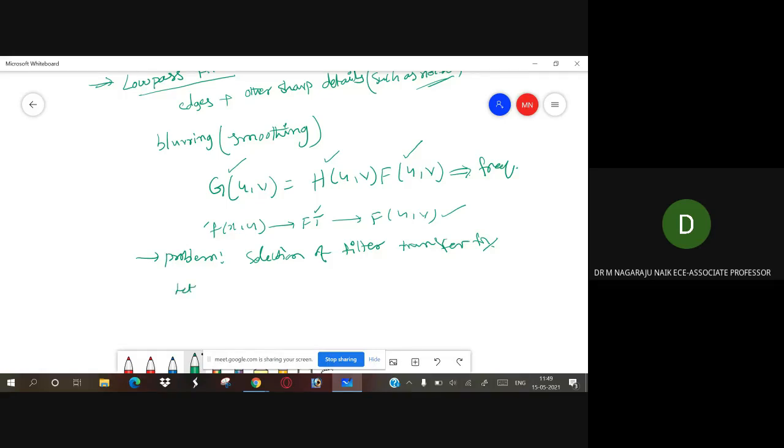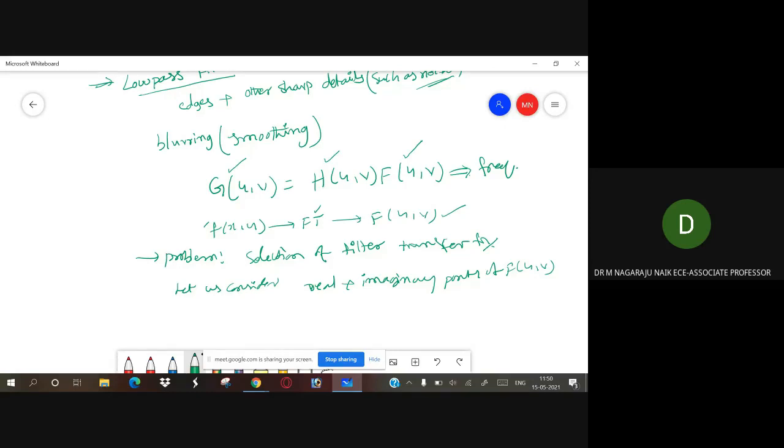Now let us consider a filter transfer function that affects the real and imaginary parts of F of u comma v in exactly the same manner.